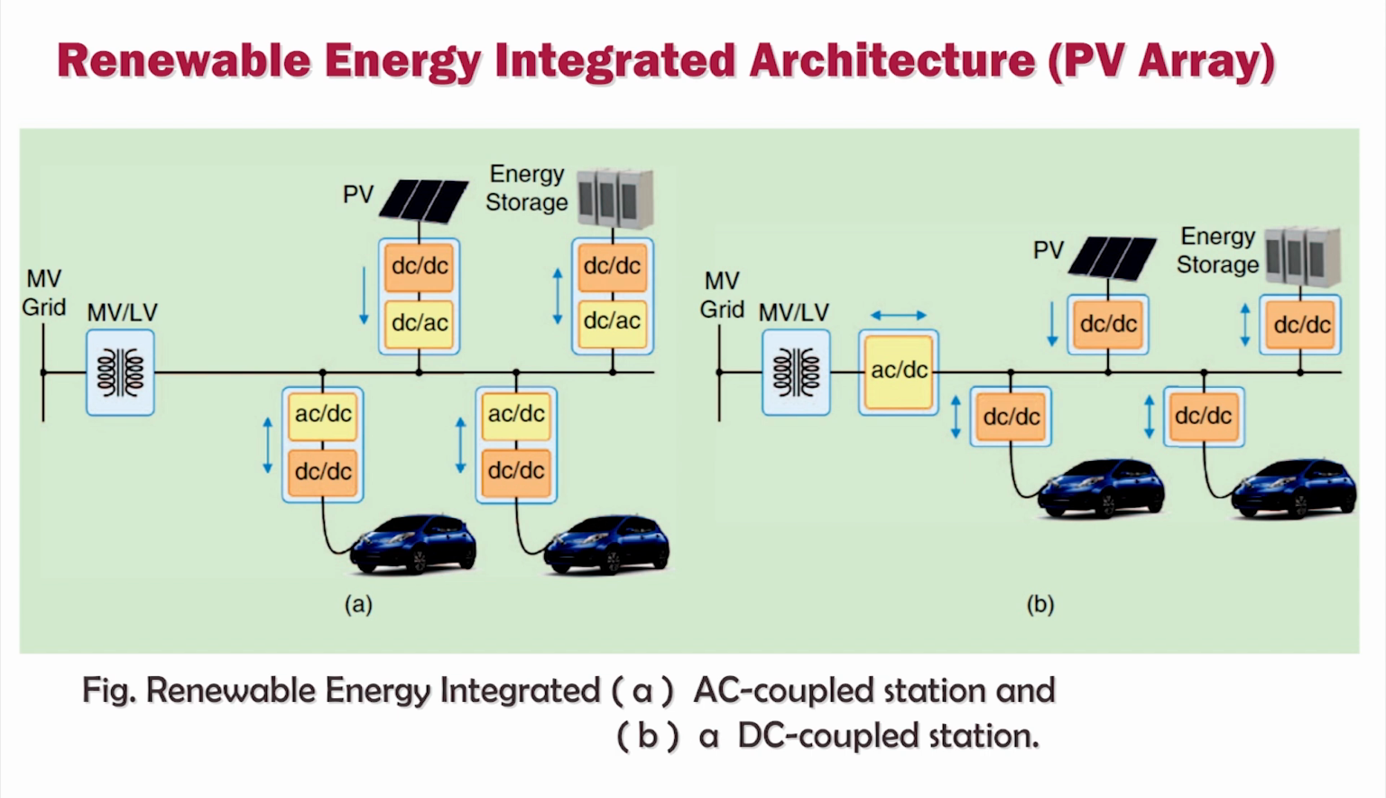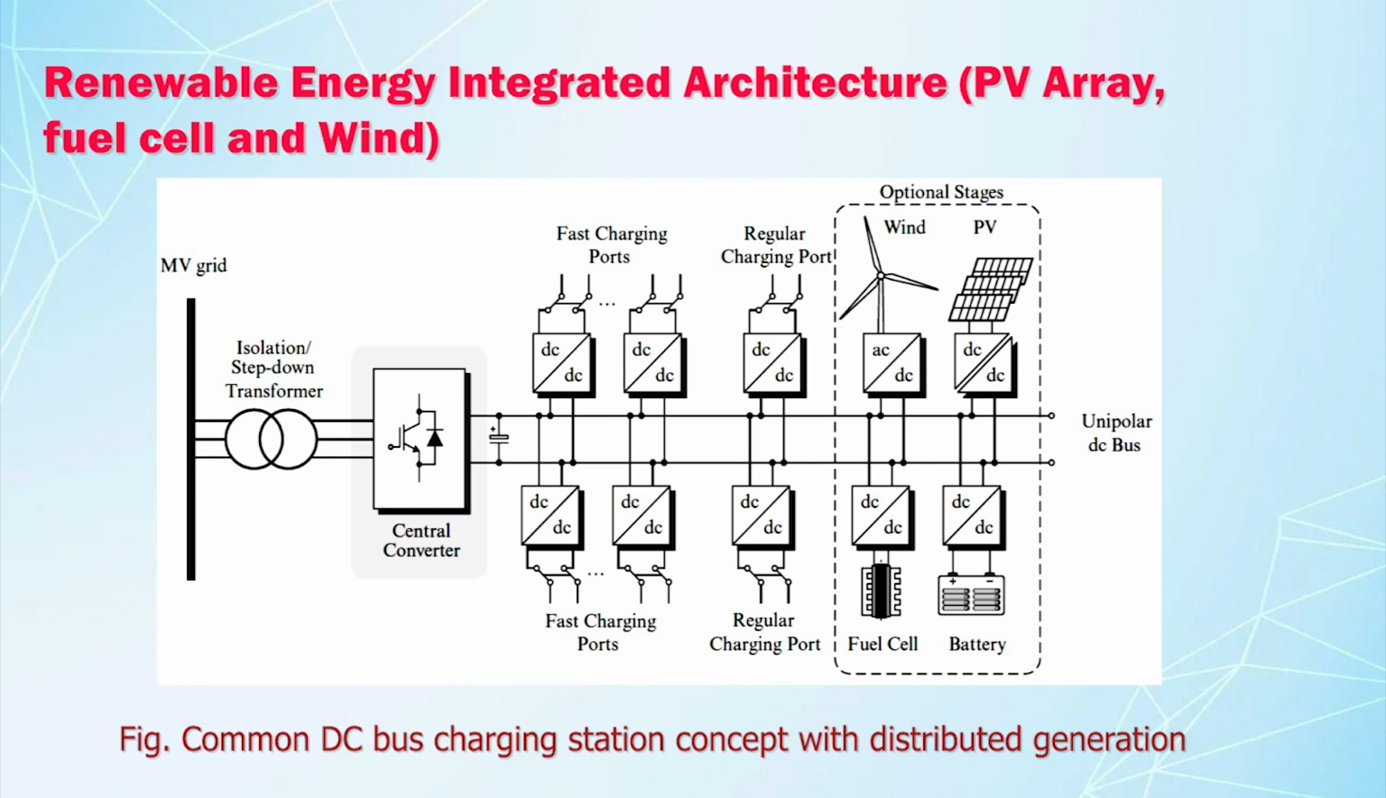However, on the other side we have DC coupled stations, where the PV array is integrated via a DC-DC converter stage and coupled at the DC bus. And then we have one central inverter through which we can couple this to the AC grid. Now, we have other charging stations where we can provide fast charging and slow charging, and then it is integrated with